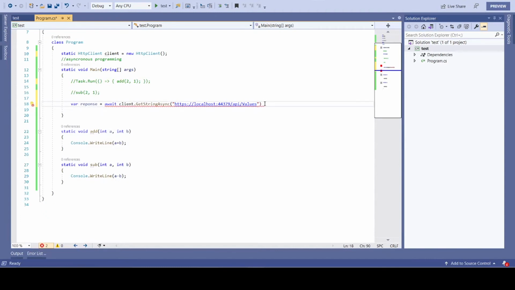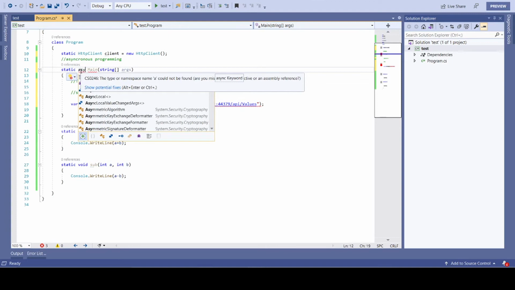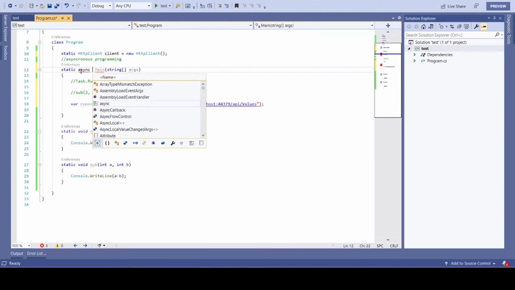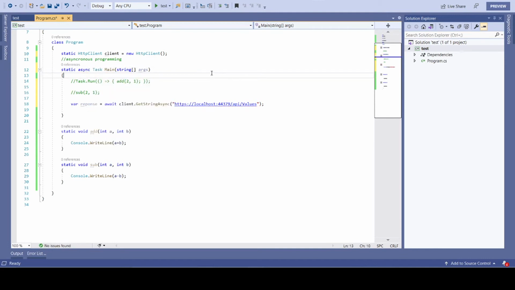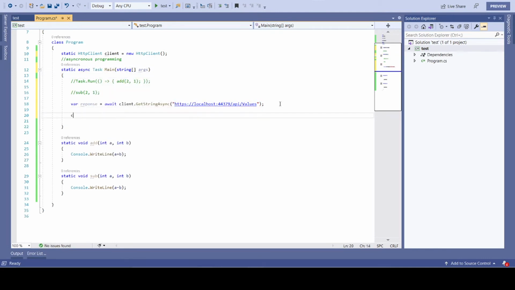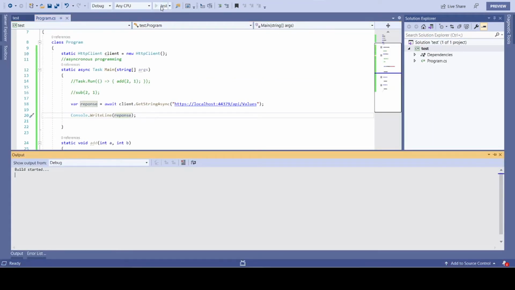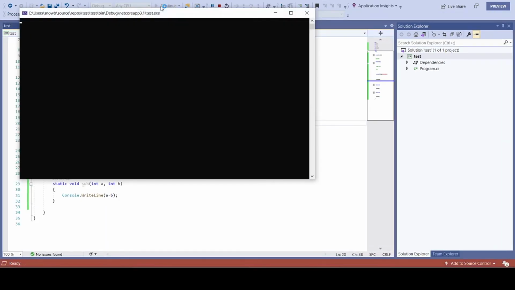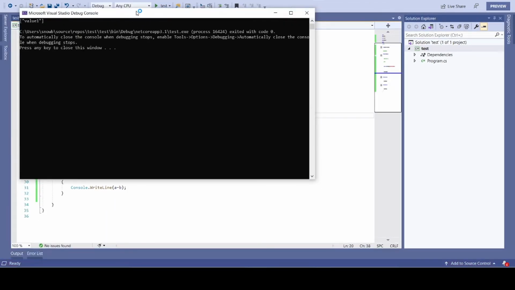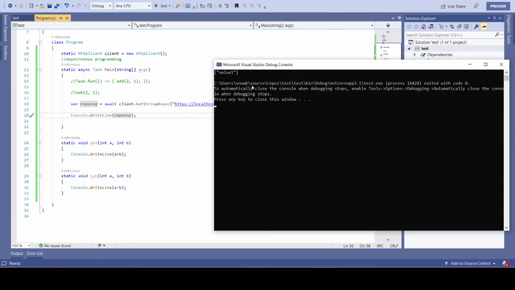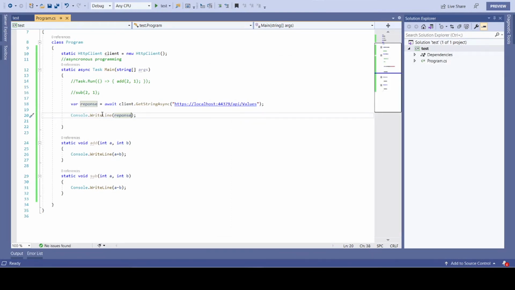Because I'm using await, now I need to make this method asynchronous. The async keyword I need to add here along with Task, and let me print the output. Before that, let me check my API is running. Yes, okay, let me run this and we will see the output. Okay, bingo, we are getting the output by calling from this particular method.